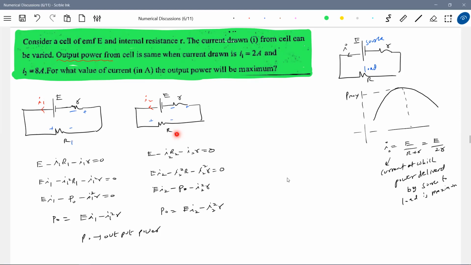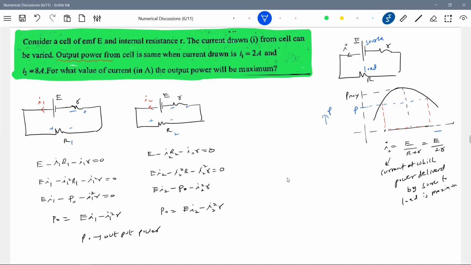I think we really have to look at this particular graph. The graph will come with a lot of information which we have to explore. This is what he means to say. He's asking this one. So this is one current. Power will be the same, no? So let me draw a horizontal line. So there are two values of current at which power will be the same. It has to be, because this was the expression for power. And this should be the x-axis.